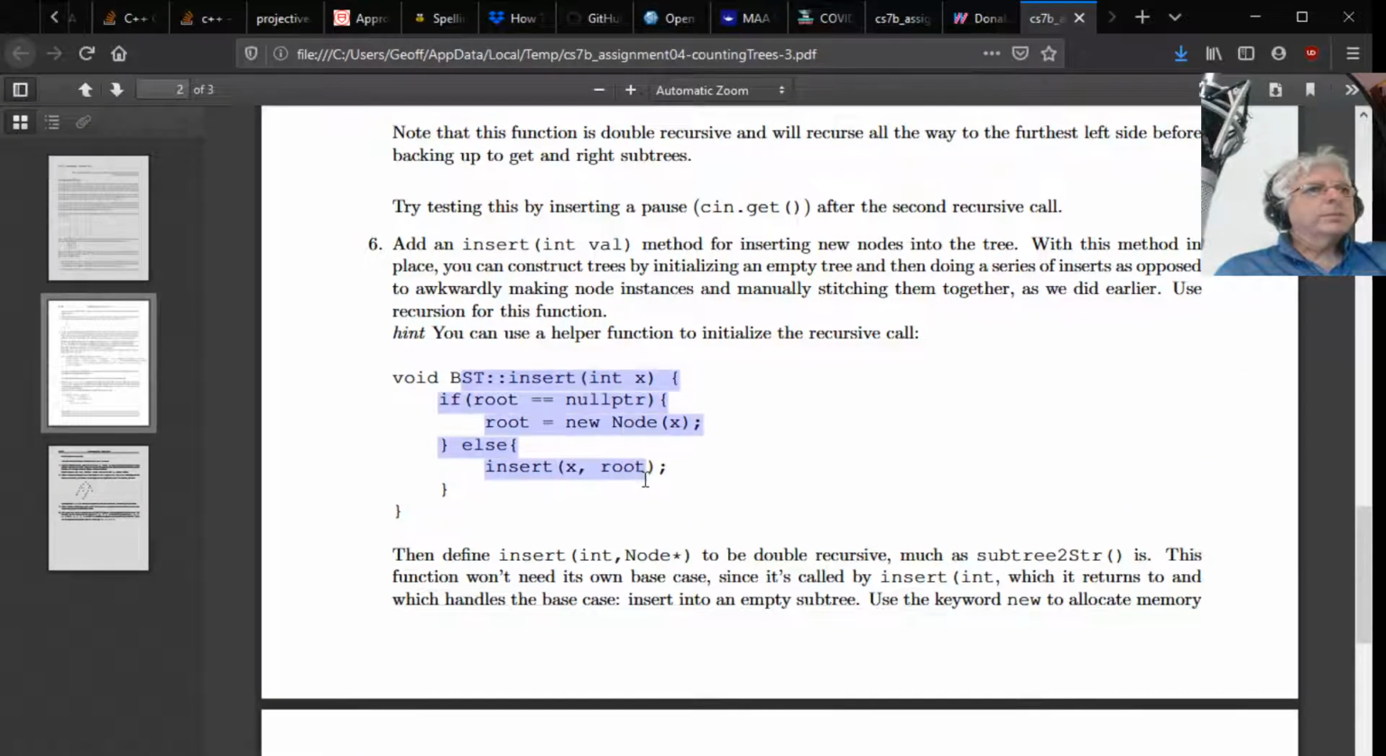So this is kind of a helper function. The reason we need a little helper function here is because the first node is going to say, well, if you're trying to insert into an empty tree, then you should just create. Notice the use of new here. So we're actually allocating